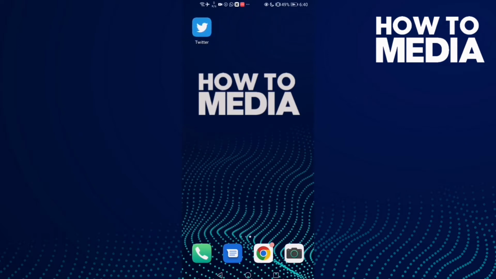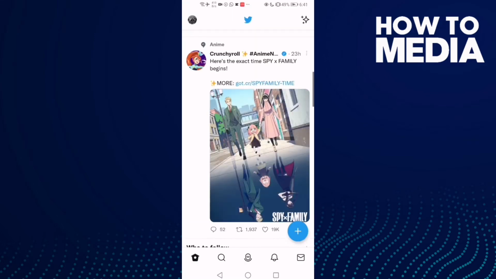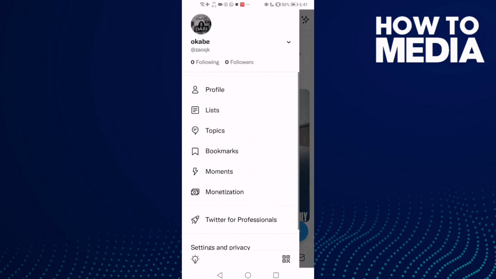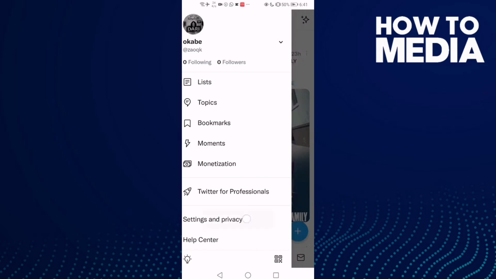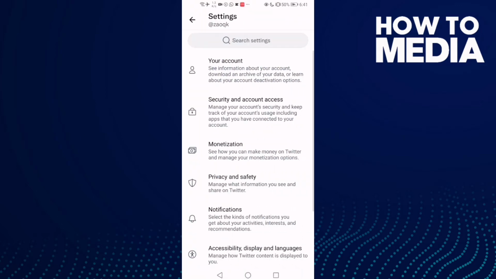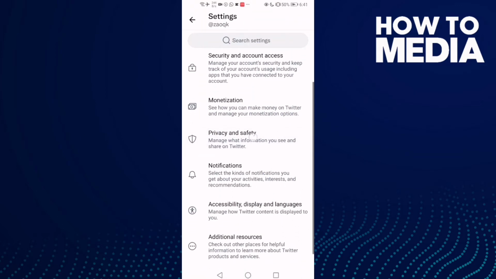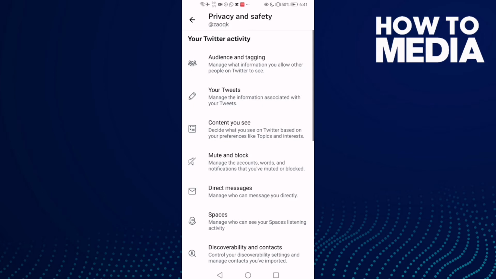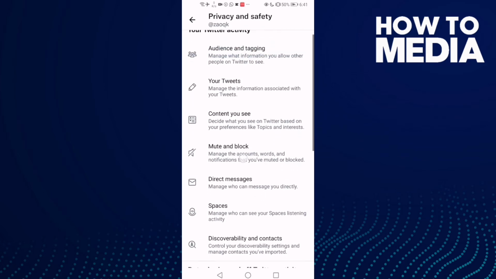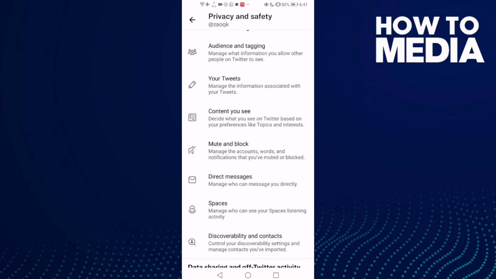First, go to Twitter and then go here and go to settings, and now click this one, privacy and safety, and now you need to find this one, mute and block. Click on it